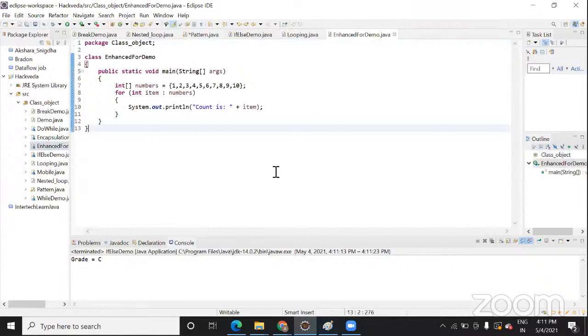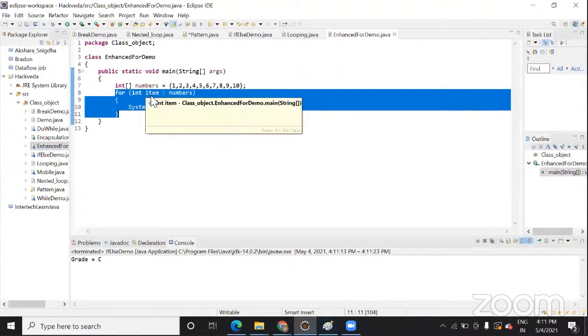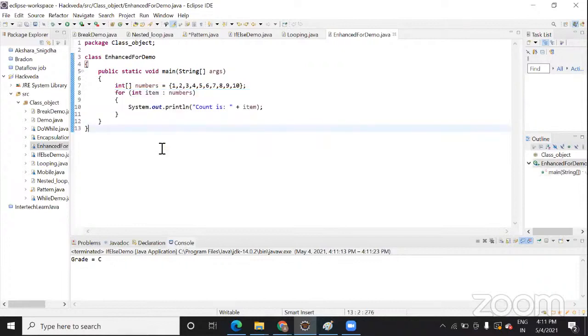You know the for loop also, right? There are different ways of declaring it. Are you aware of this way of declaring a for loop, or do you just know int i less than that condition? I have done this one also, where item is in numbers. I think it will start from 1 and go till 10. Yes, correct.